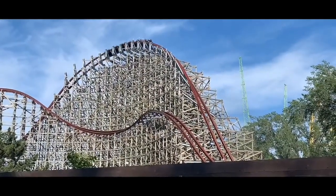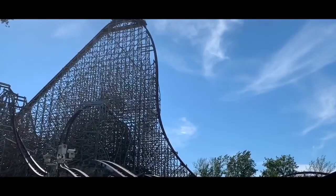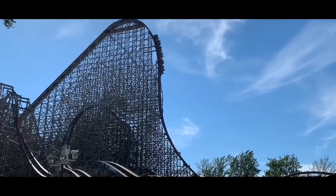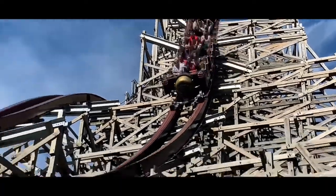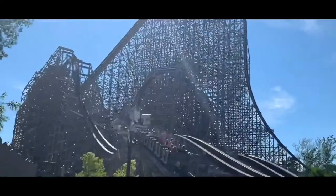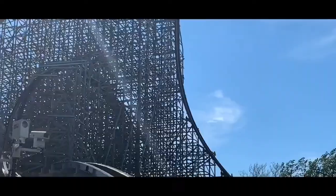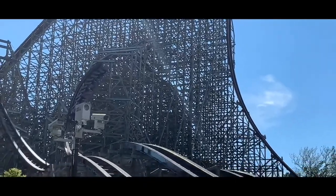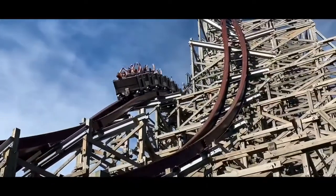In addition, we also know that Raptors only cost about $4 to $5 million, and Iron Gwazi cost about $9 million. All of these rides failed to make the top 10 and are still amazing rides, so it really goes to show that although the rides aren't expensive, it doesn't mean that they're worse. With that being said, let's get right into these rankings and show you guys what the top 10 most expensive